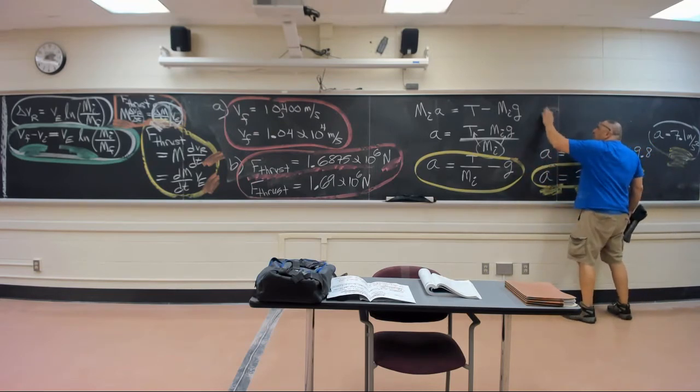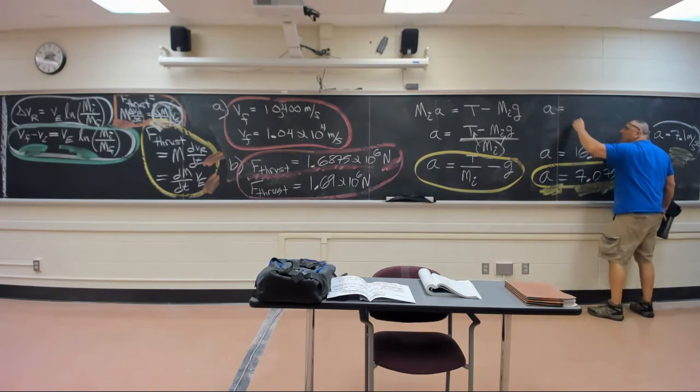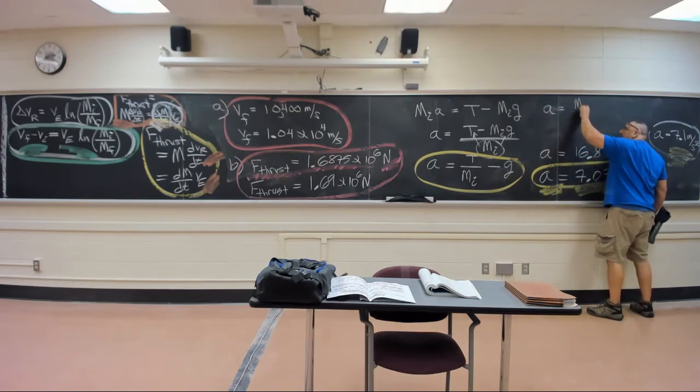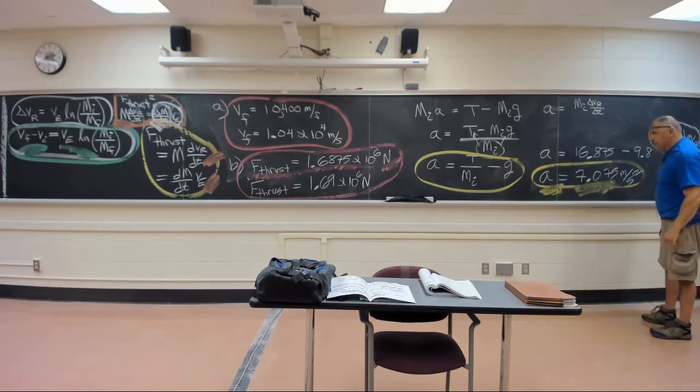So you have A is equal to, the thrust is MI delta VR delta T